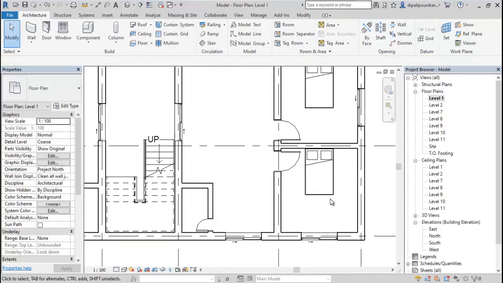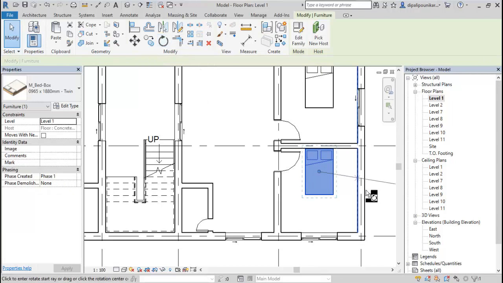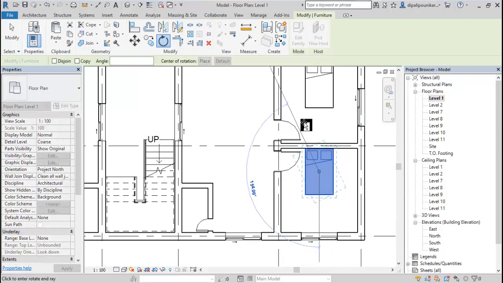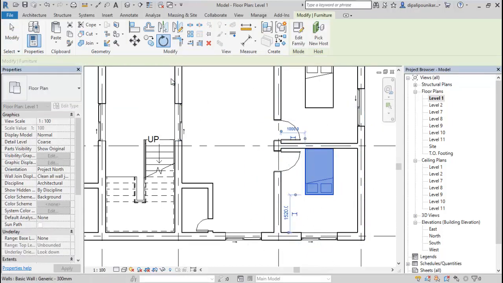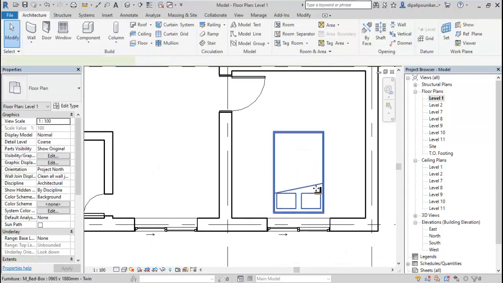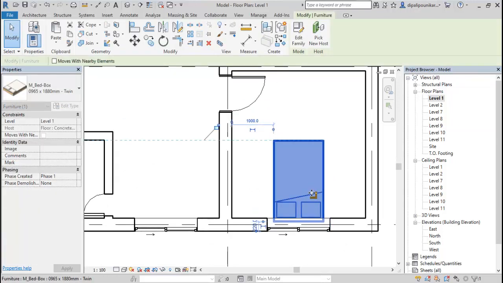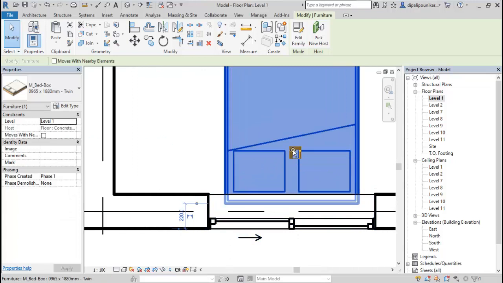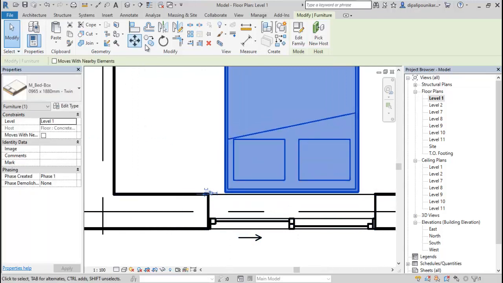But now we want to make sure that we need to rotate this model, so just do like this, and move this from this point to the window. Just wait a minute, okay, like this, copy.